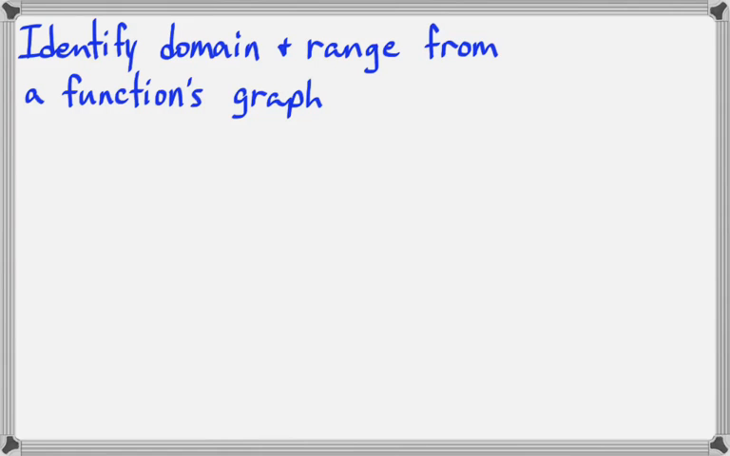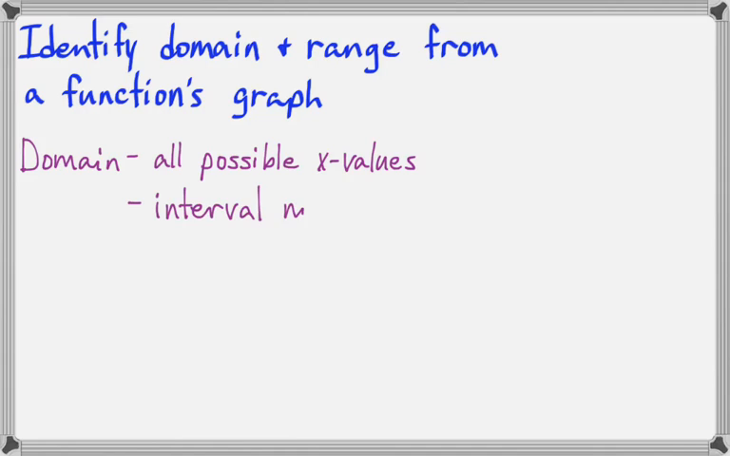In this lesson, we're going to look at how to identify domain and range by looking at a function's graph. We talked about domain and range before, but we were looking at the set of ordered pairs before, and now we won't be looking at a set of ordered pairs or even at an equation, but we'll just be looking at the graph. So domain is all the possible x values that we can have on the graph, and it's